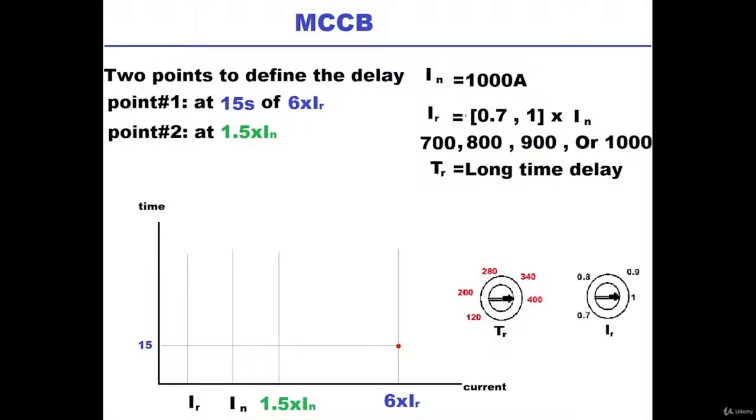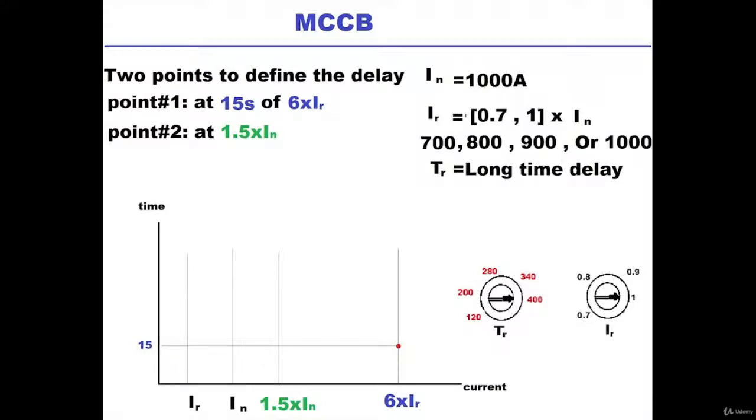Why 1.5 times IN? Well, 1.5 IN is not really a tricky value. Remember, here we're looking at the electrical panel as a whole. We are not trying to protect a certain device. We are trying to protect the electrical panel as a whole. And from this point of view, it's fine to draw a current of 1.5 times IN, but not for a long time. I mean, this is the lowest threshold. Like, okay, at this current, it's fine to stay for like 4, 5, 6 minutes. But if we surpass this time threshold, well, then there is something wrong maybe, and maybe we should trip the